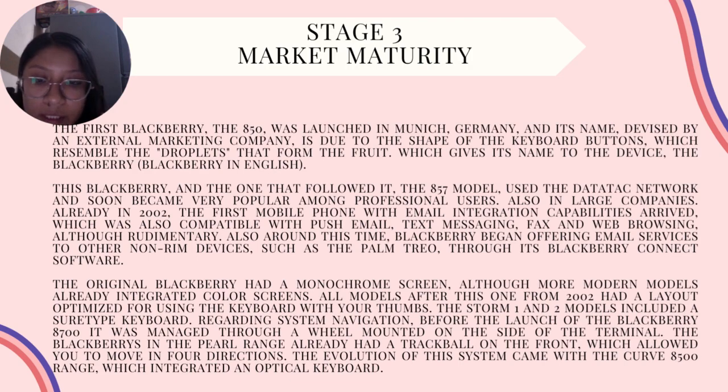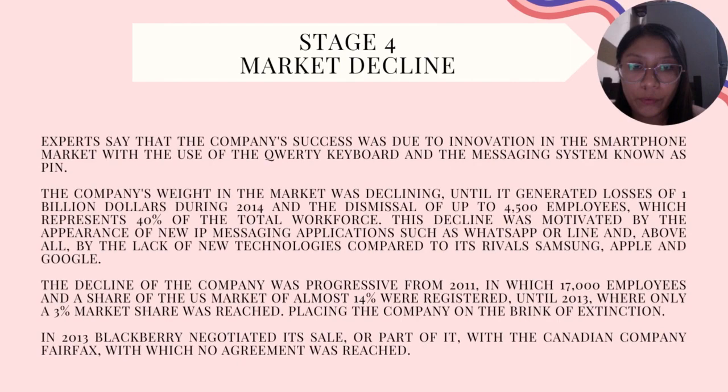The BlackBerrys in the Pearl range already had a trackball on the front, which allowed you to move in four directions. The evolution of this system came with a curved 8500 range, which integrates